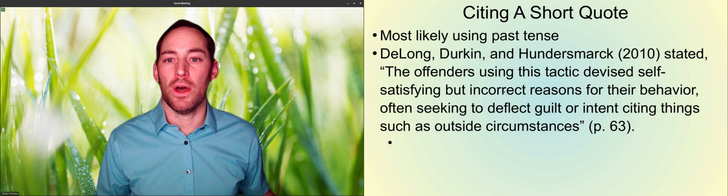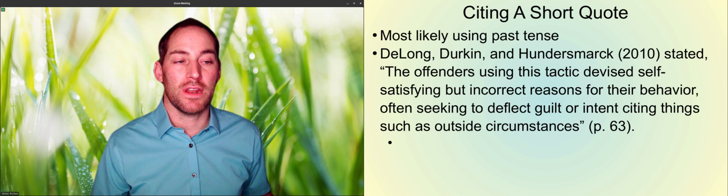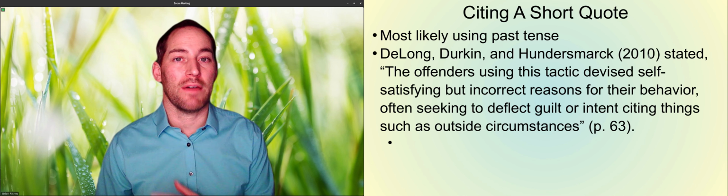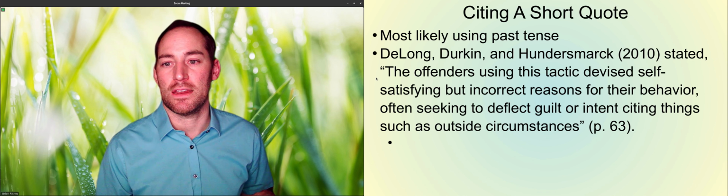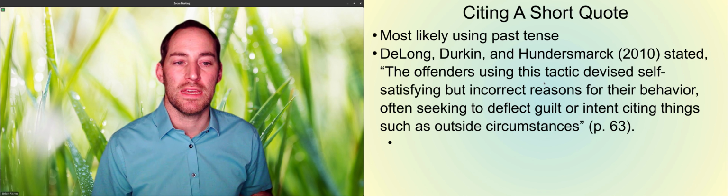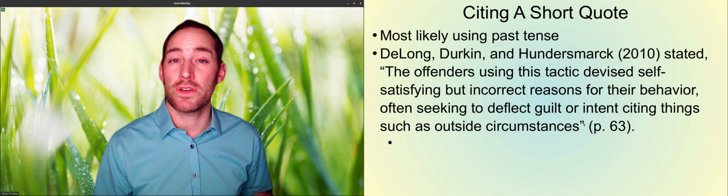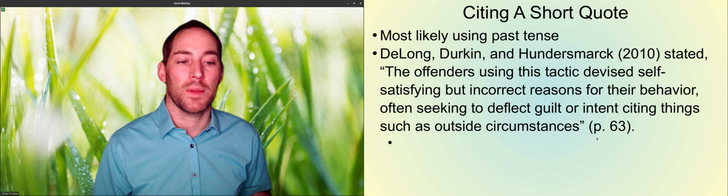All right, so you introduce it. DeLong, Durkin, and Hundersmark in 2010. So there I have the author's names, I have the year stated, and this is literally what they stated. This is their quote. I have quotation marks, I have the quote in here, close the quotation marks,